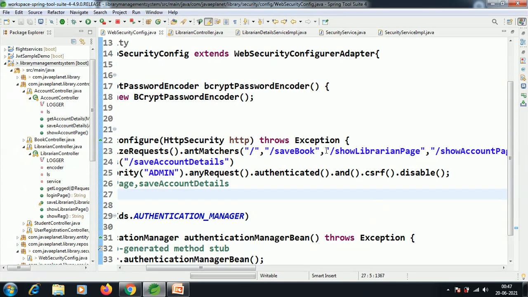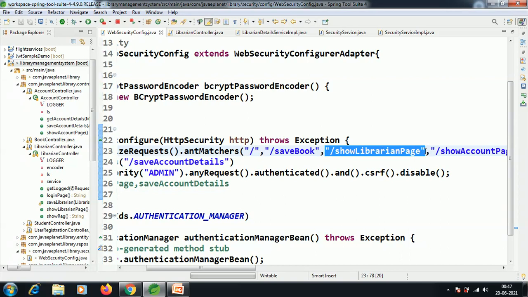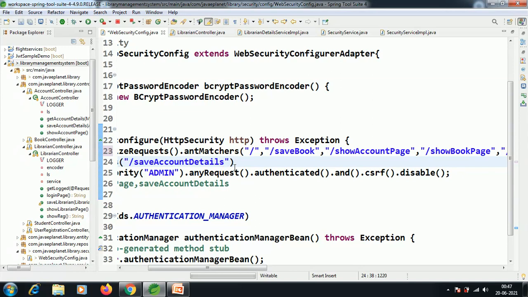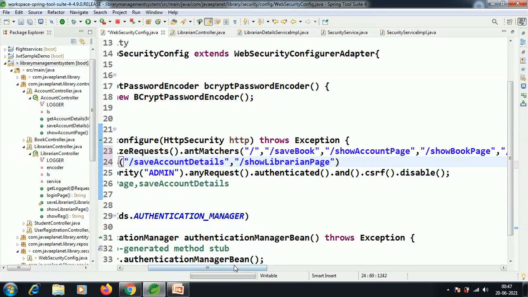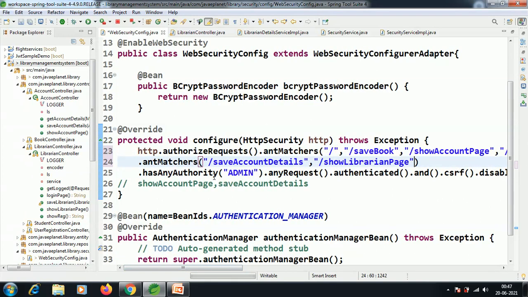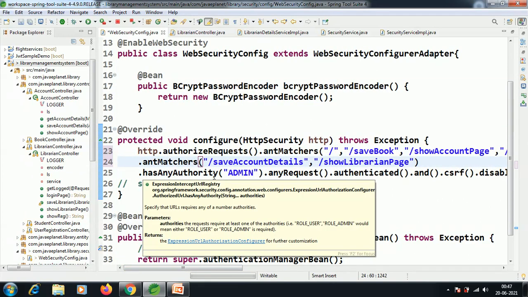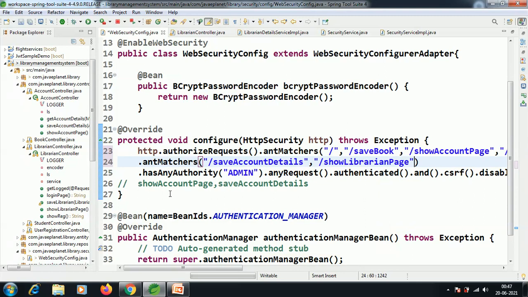See here, what I am doing is, copy. And I have taken another antMatchers section, and that antMatchers section should be accessed by the admin only.